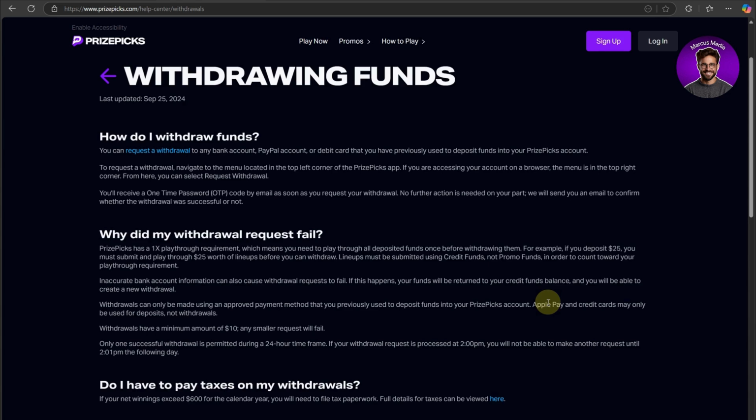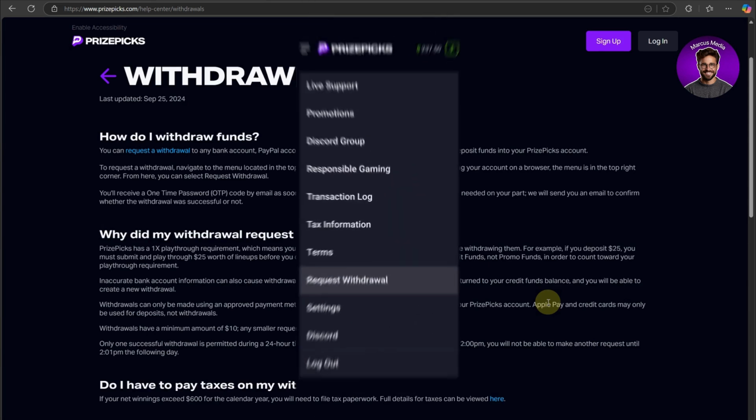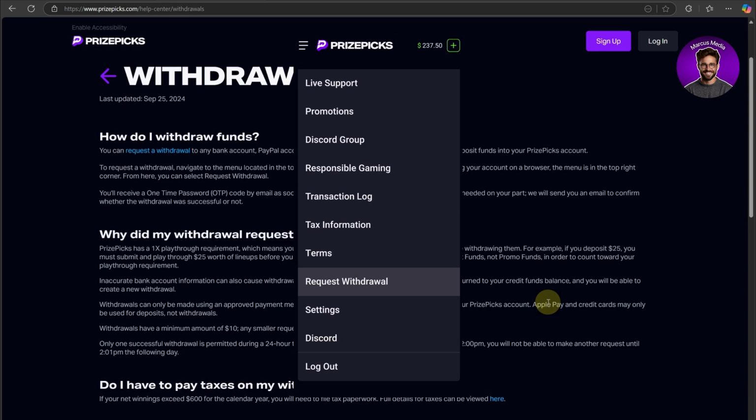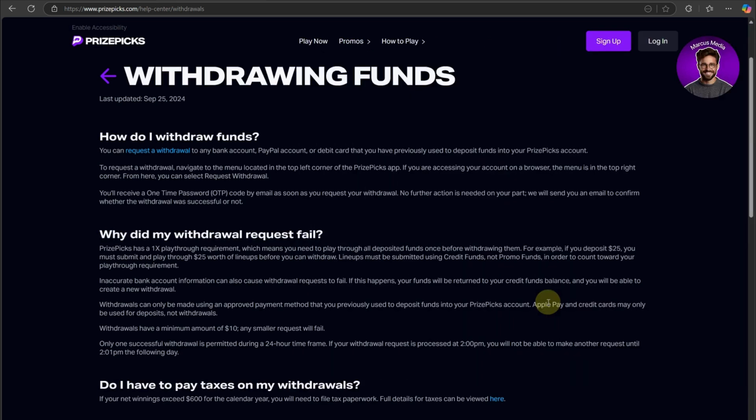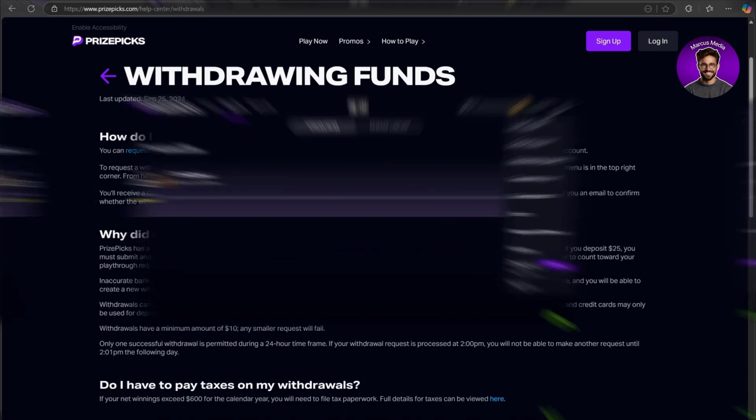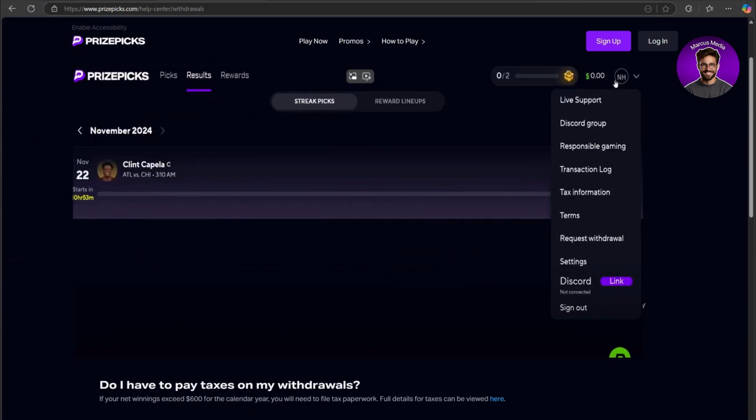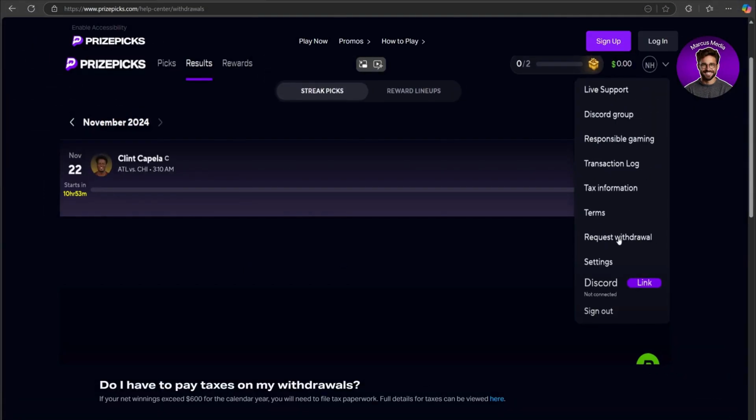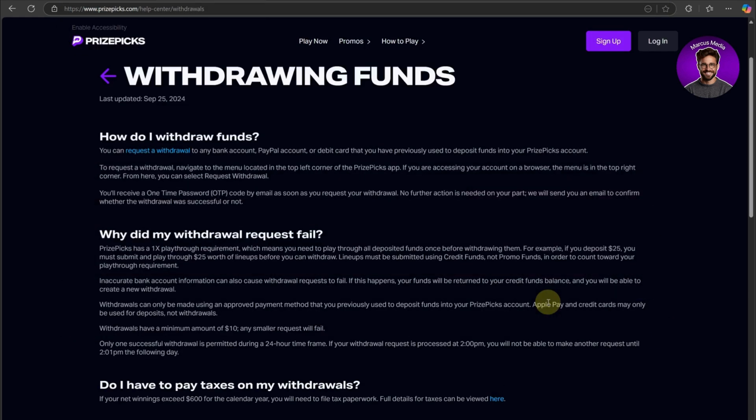To request a withdrawal, if we are using the app, we need to navigate to the menu located in the top left of the app. And if we're accessing it on a browser like I'm here, you will need to go into the top right corner and you will choose request withdrawal. So if you're using the browser, you will just click on your name here and we will select request withdrawal. If you have money added to your account here, you can request your withdrawal and afterwards you will receive